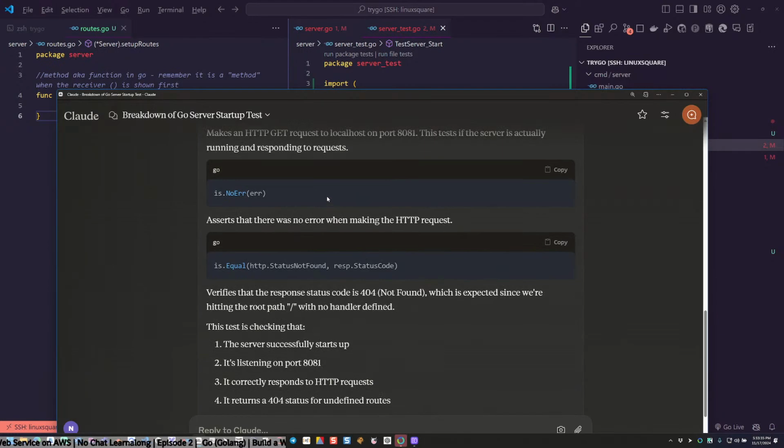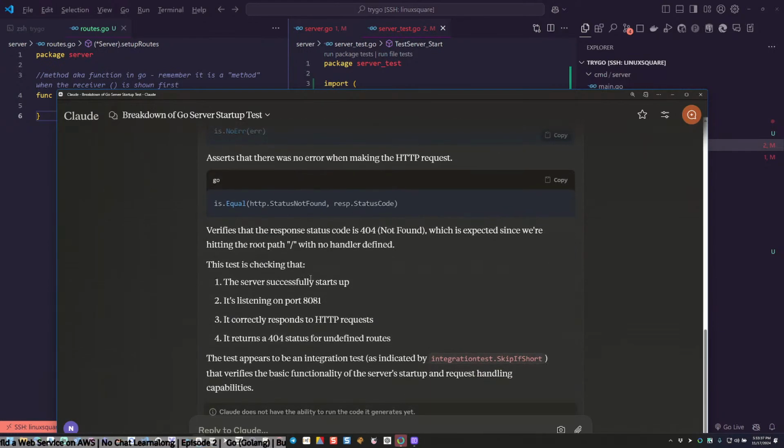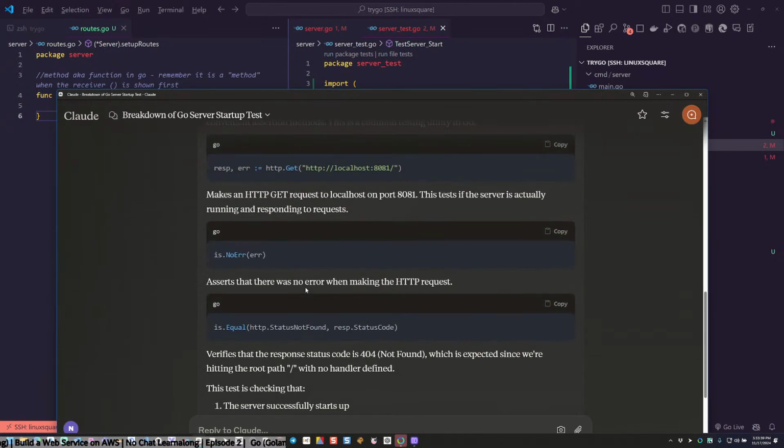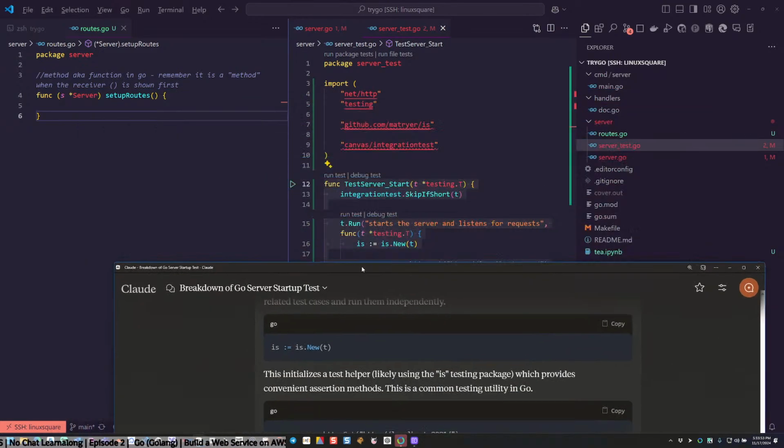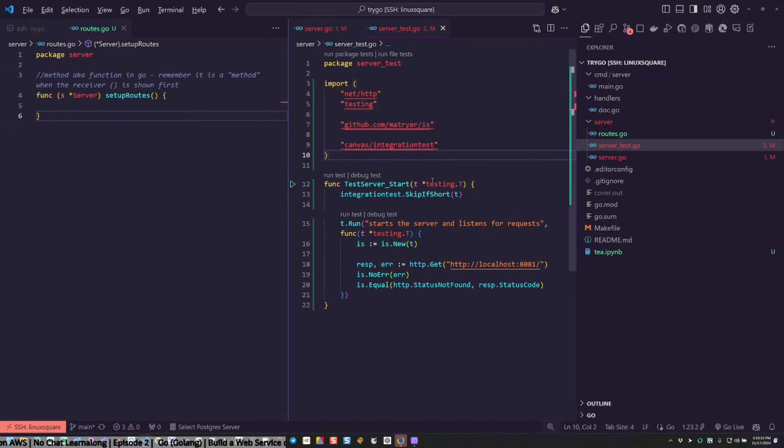Maybe it's not ultra important to understand exactly what that pointer is, but still. I'll ask him after this. This initializes a test helper, likely using the is testing package. Yeah, maybe. Actually, that might help to see.